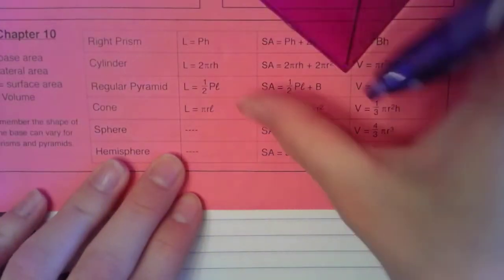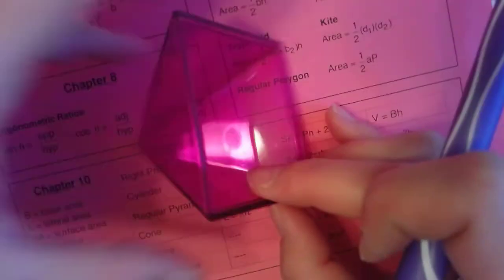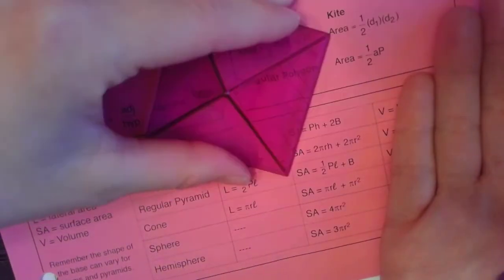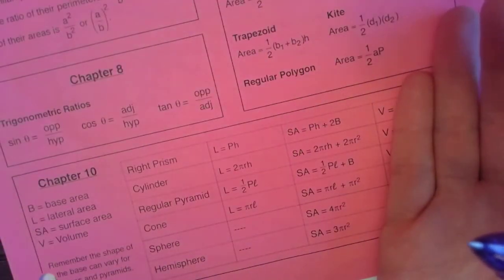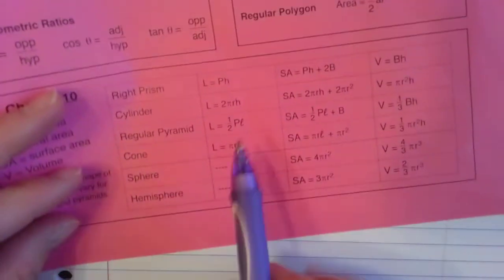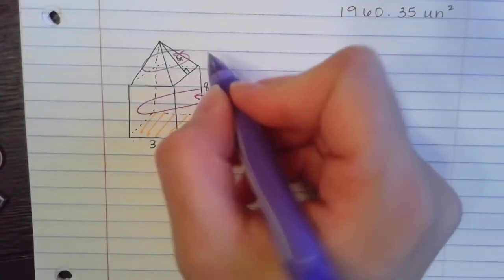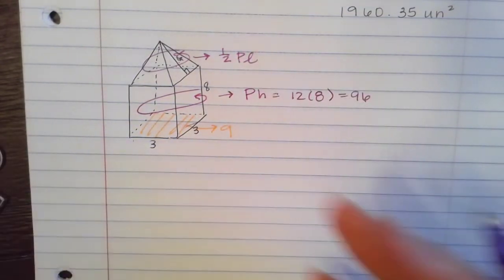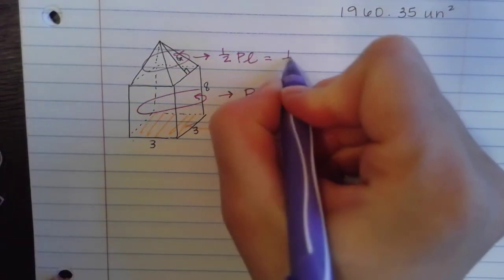So when I look at this shape and I want to find the surface area that's going to be covered by wrapping paper, for example, I don't want this base. There is no base here, because that's going to attach to the other shape, or the rectangular prism in this case. So 1/2 perimeter times slant height,